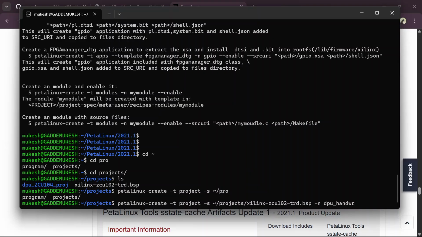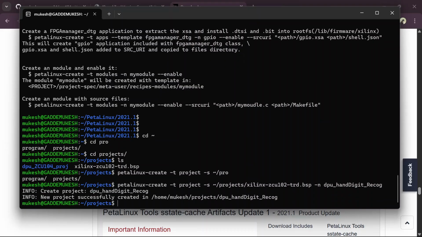handwriting recognition. Yeah, now just enter. The project was created successfully, and now just enter the project and run petalinux-config